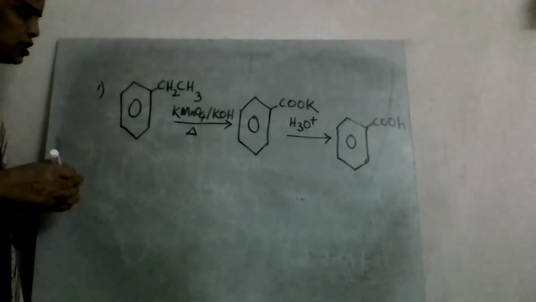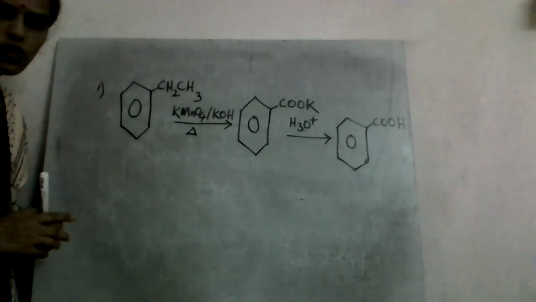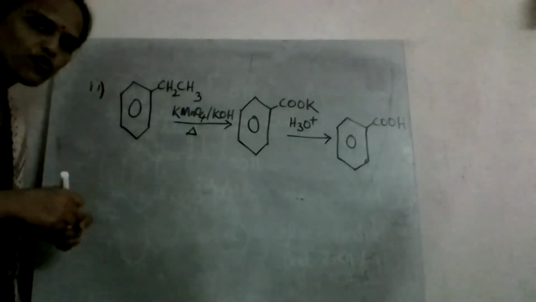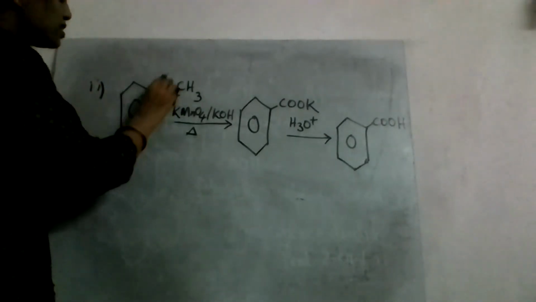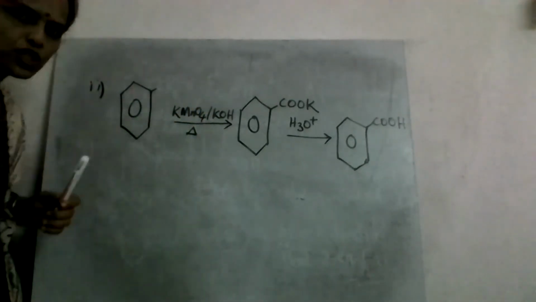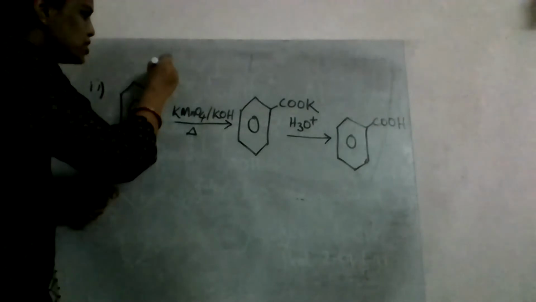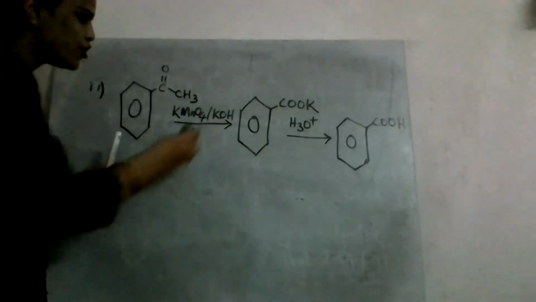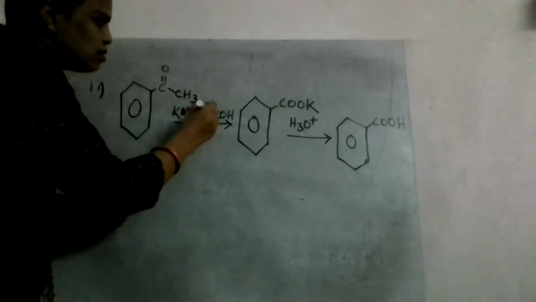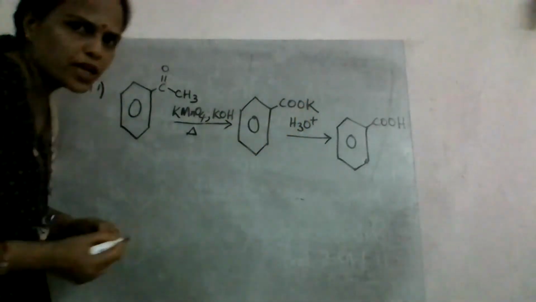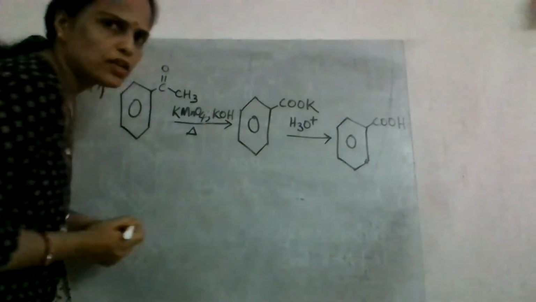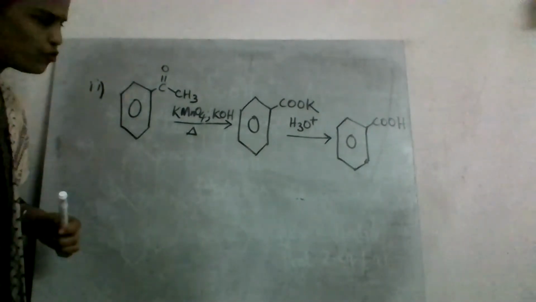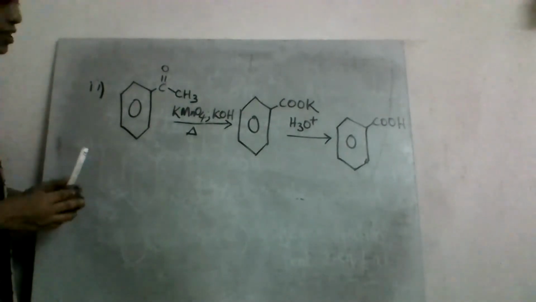The second part of the question is, you need to convert acetophenone to benzoic acid. So conversion of acetophenone to benzoic acid. Again the same, acetophenone is C6H5COCH3. This on treatment with KMnO4 in presence of KOH, this whole group gets converted to potassium salt of carboxylate, which undergoes hydrolysis, and this results in the formation of benzoic acid there. So acetophenone to benzoic acid can be converted in this way.